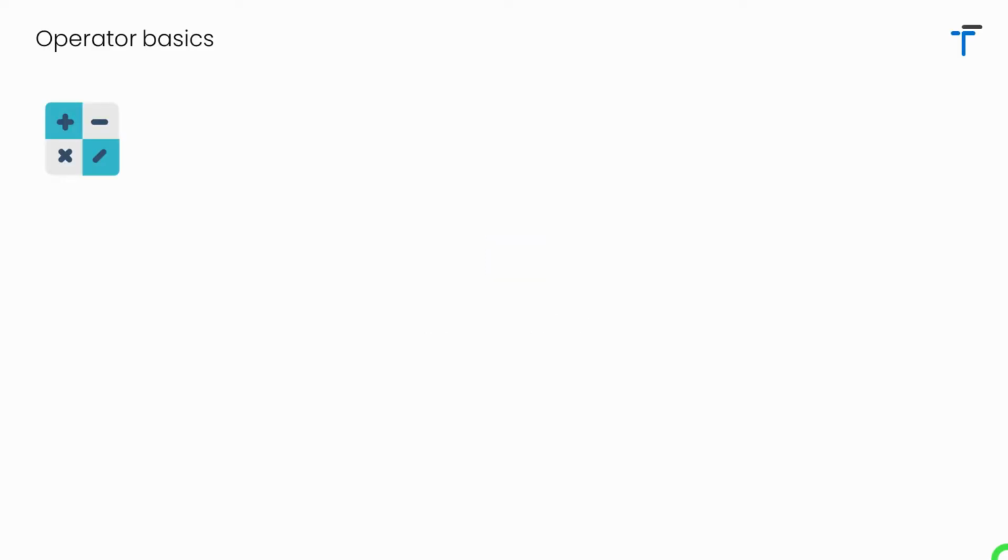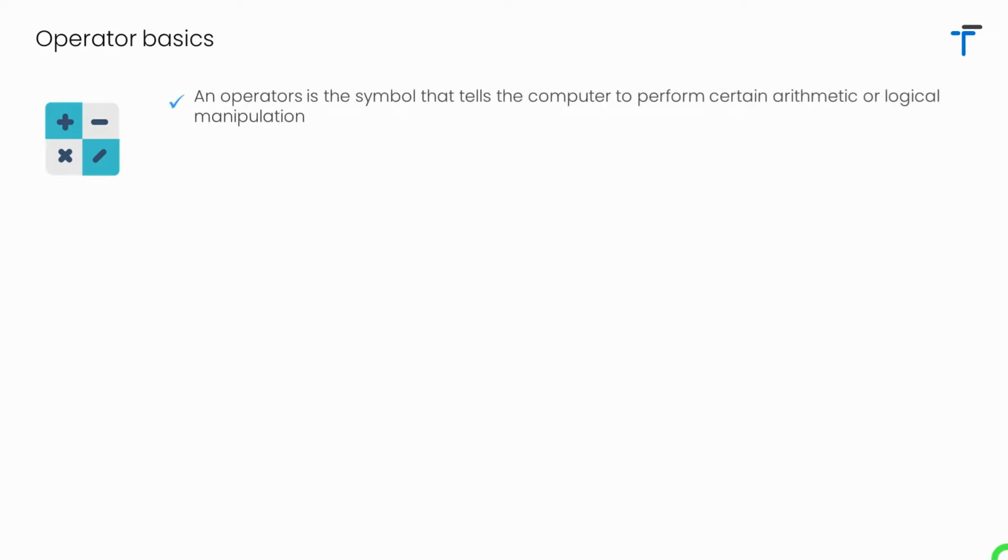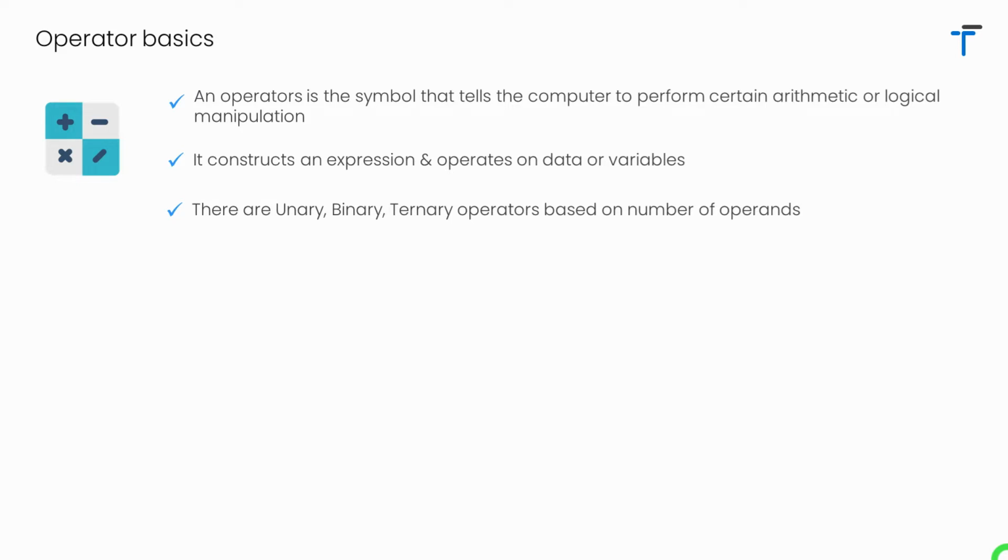First of all, we'll start from the basics of operators. An operator is actually a symbol that tells the computer to perform certain arithmetic or logical manipulation. An operator is a part of an expression and it is used to operate over data or variables. Based on the number of operands that an operator requires, there are three categories of operators: unary, binary, and ternary. Unary indicates the operator requires only one operand. Binary means the operator requires two operands, and ternary operators require a total of three operands to perform